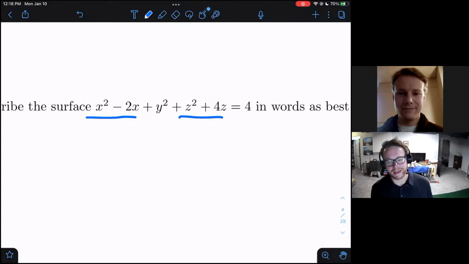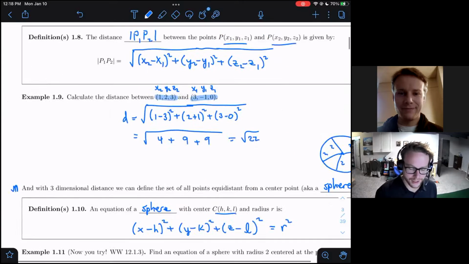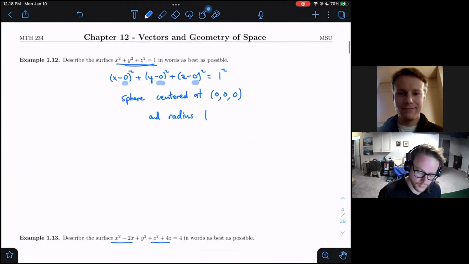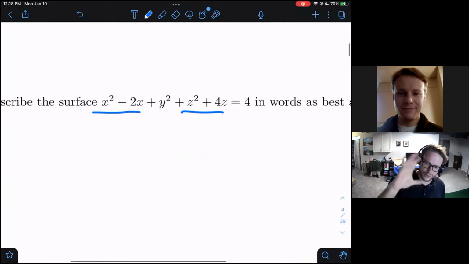So we need to spend some time rewriting this into a nice format to convince ourselves that it is a sphere, first of all. We really haven't talked about any other surfaces in great detail. This is an entire section about spheres, so yes, it's going to be a sphere. But we still need to convince ourselves of this. Imagine if it was a quiz or an exam and we've learned about other things. But there's some rewriting needed.